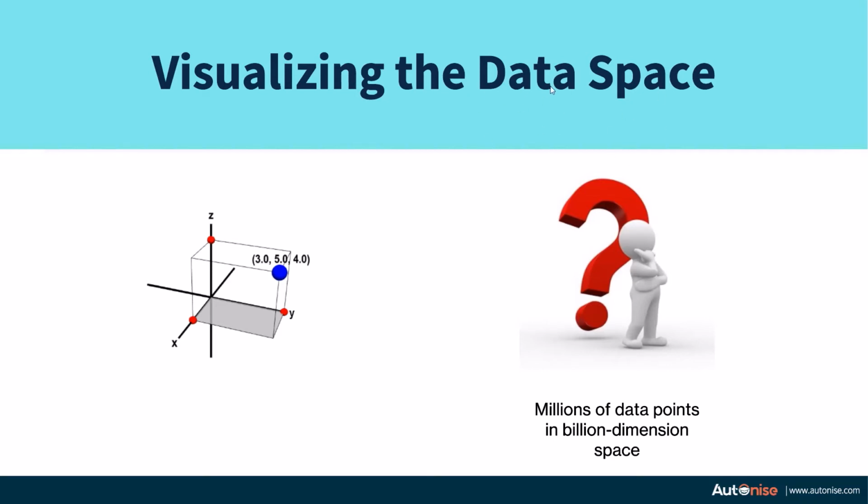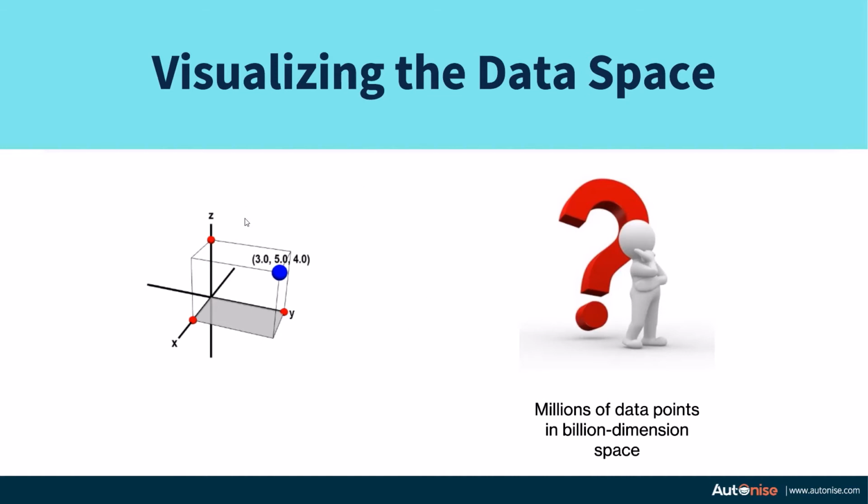Why do we need to visualize the data space? Because finally, what we want to do is, in this data space, we want to create compartments in which if a data point lies, we say that it belongs to a certain class. So we can say all points which come inside this rectangle, they belong to the dog images. Or if there is some other rectangle, if the data point lies inside the rectangle, we say it belongs to cat images. So we want to compartmentalize our data space, a billion dimension data space, into compartments which correspond to different classes in the output. That is what the task we are trying to achieve is.